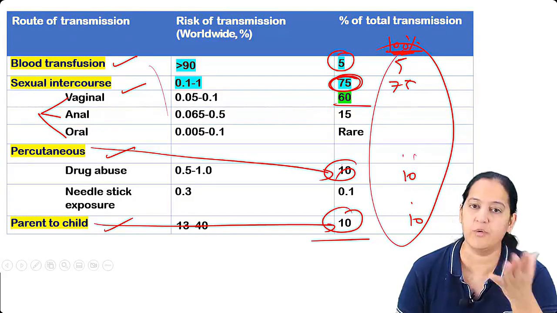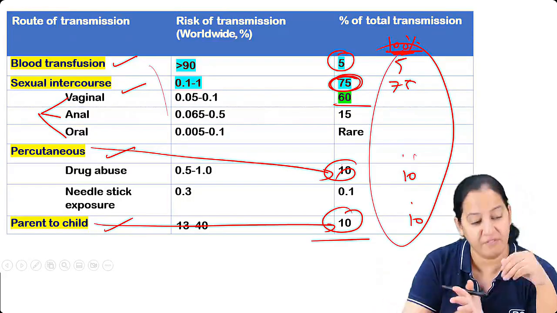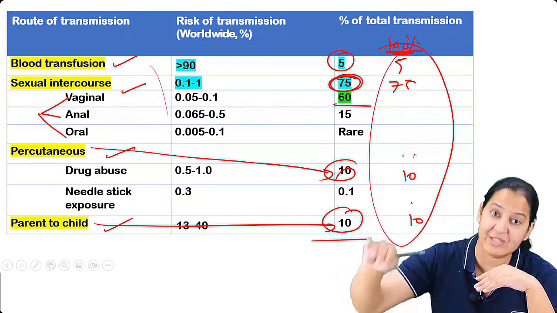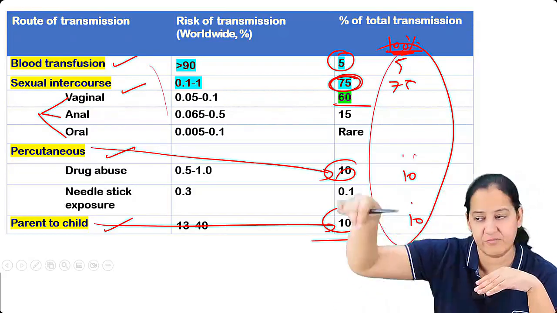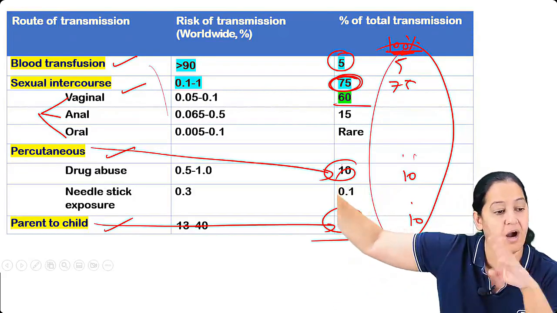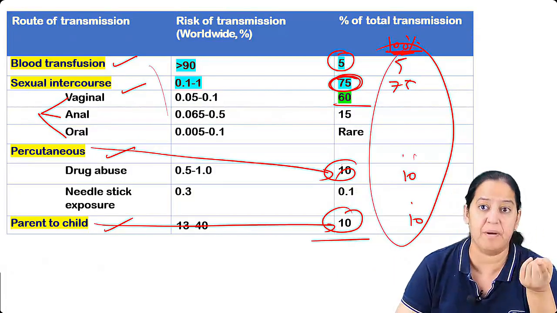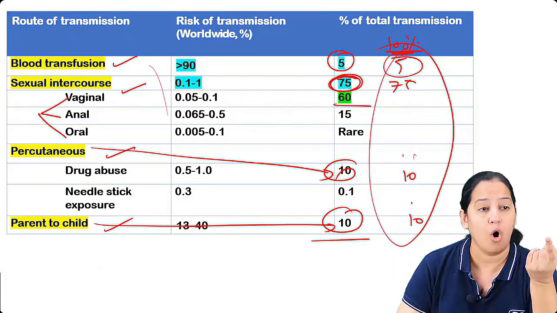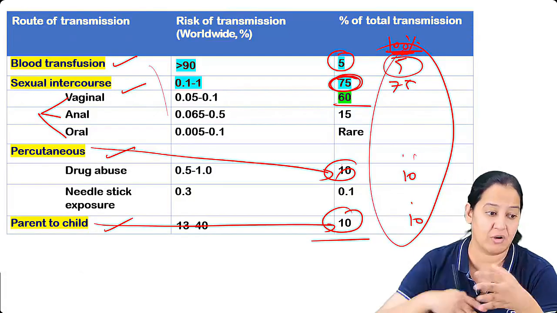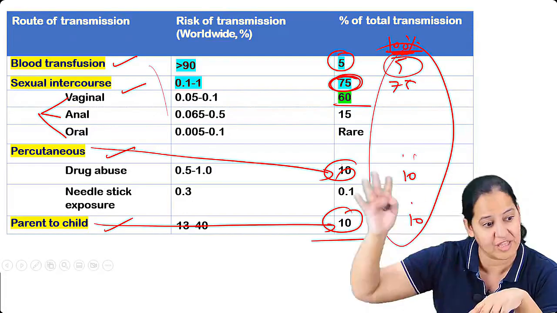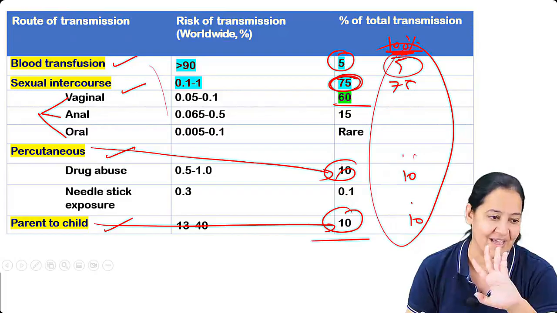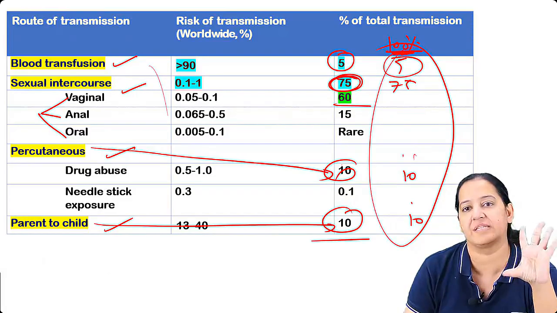If I am a donor, you are a receiver, we cannot exchange directly. We will give the blood first to the blood bank. Blood bank will screen the blood and then give to the receiver. If it is found HIV positive, discard, simply discard. Don't even think, discard. So rarely, if some blood bank is doing some mistake or unethically the patients are transferring the blood among themselves without informing the blood bank, then it can occur. So it's very rare, 5%, only 5%.